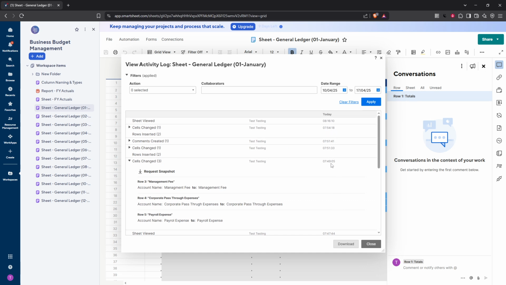In addition to these features, you'll see a comparison between the original values and the new values. This side-by-side view of changes allows you to easily identify what was modified, helping you to quickly assess the impact of any updates. Finally, to further enhance your experience, Smartsheet allows you to filter the activity log by date, user,